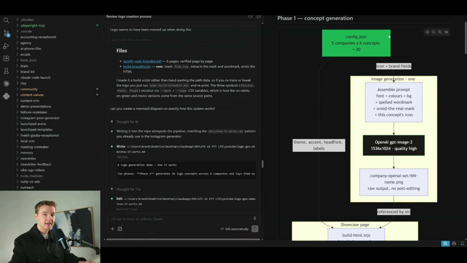Once that process has happened and it's come up with some of those ideas, this will then get sent off to an image generation prompt. Once again, Claude is constructing the prompt in order to generate our logo image. And so this is going to be including the font that it's going to be using, the colors it's going to be using, the background colors, really all the details that you can think of relevant to that